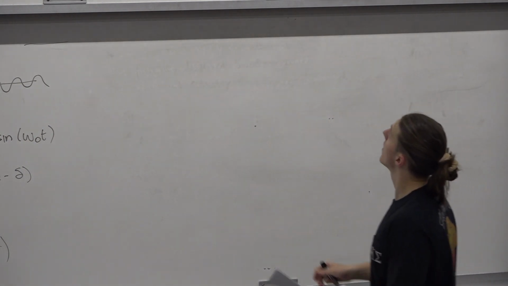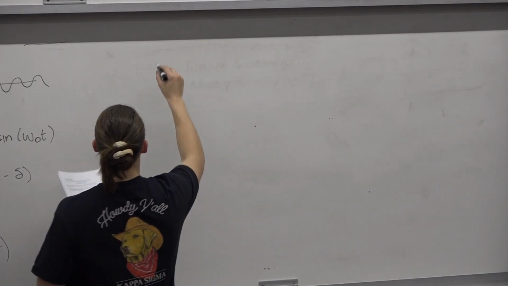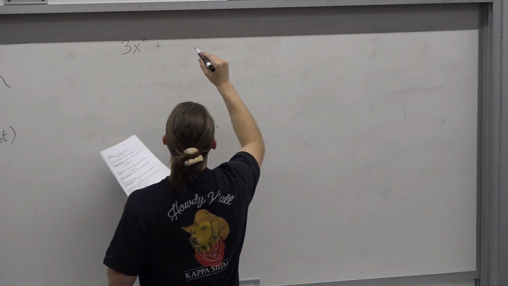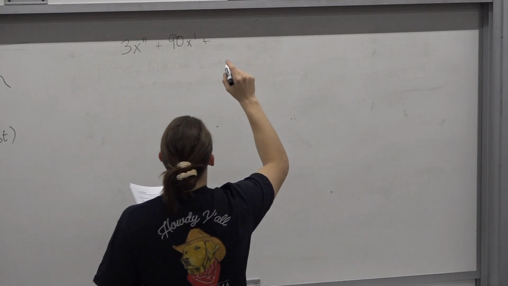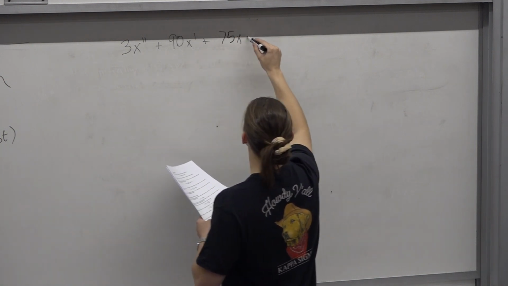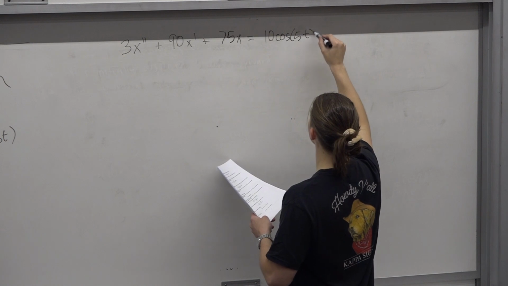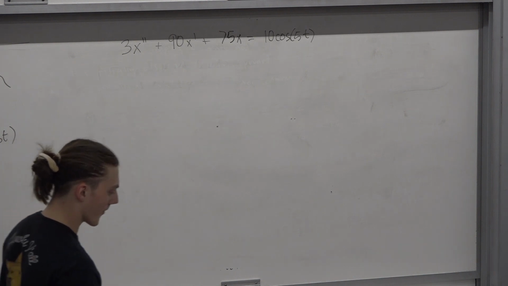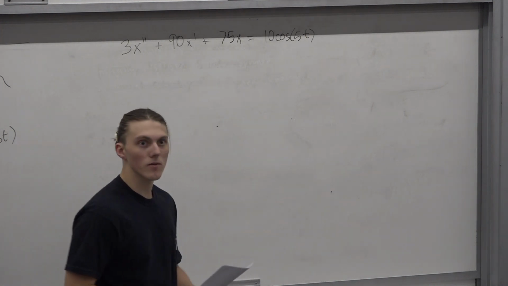So we have our equation: 3x'' + 90x' + 75x = 10 cos 5t. The 90 comes from gamma, the 75 from k, and the 10 cosine 5t is our external force. That 5 comes from our omega naught that we also calculated. So let's solve this